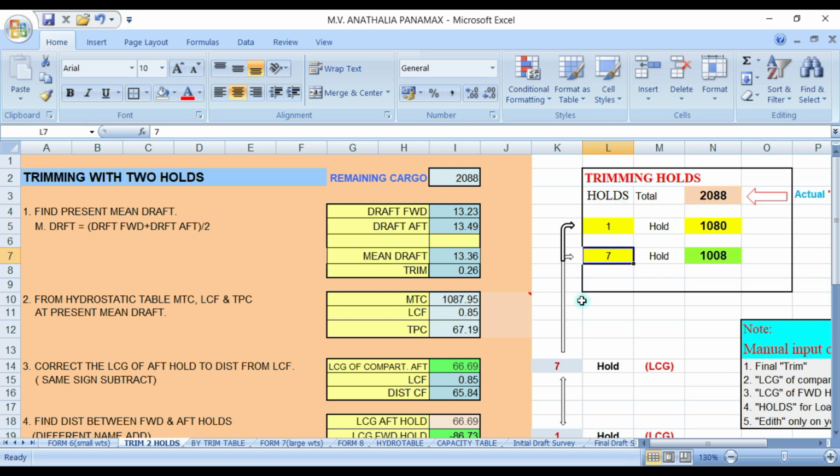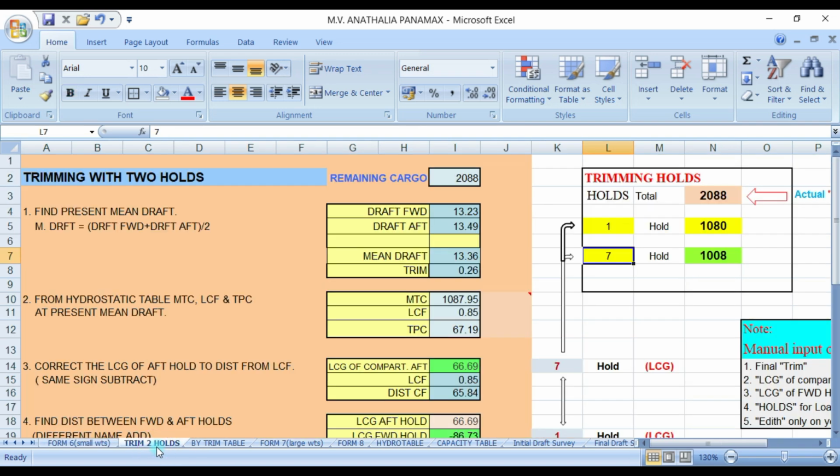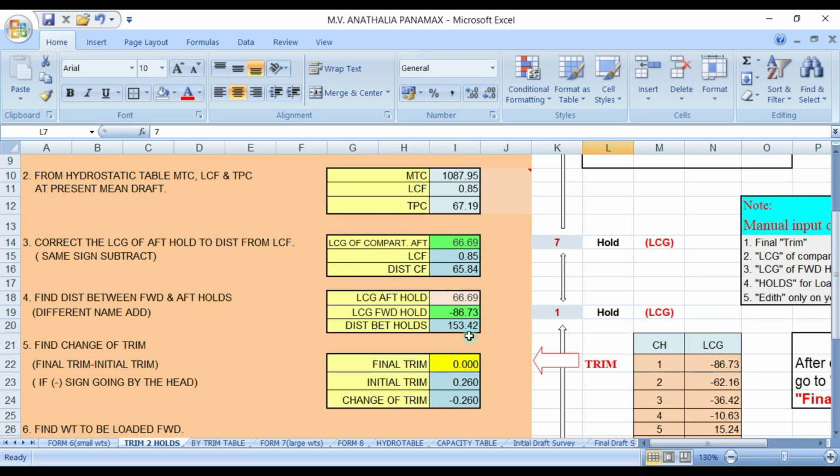How much? Look at the figure here, remaining cargo to load. How much was that? It's 28.8. Okay, so take note of this figure, remaining cargo to load. So it's 28.8. So in number 1, your trimming hold is 1 and 7. And for example, there's no trim.